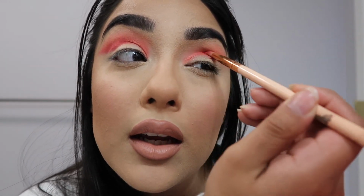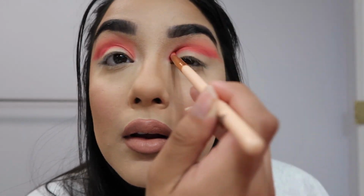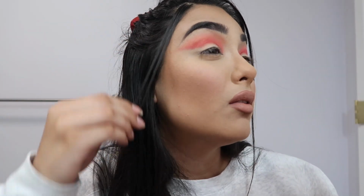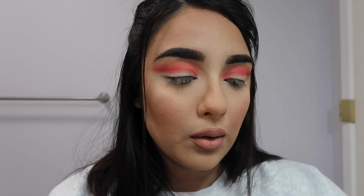And just line it up. Cut my crease, which I don't really need to do too harshly. Just a little bit on this part and a little bit on here. So for cutting my crease, I don't always